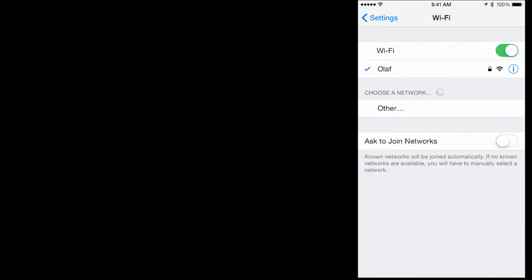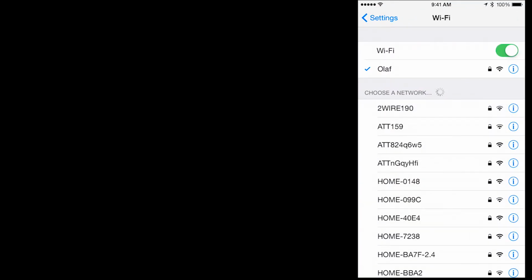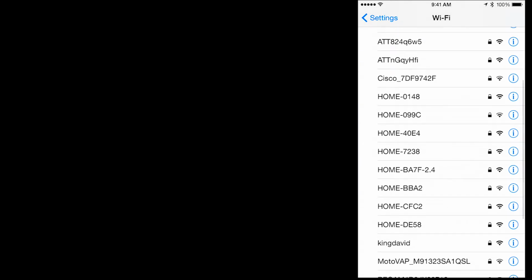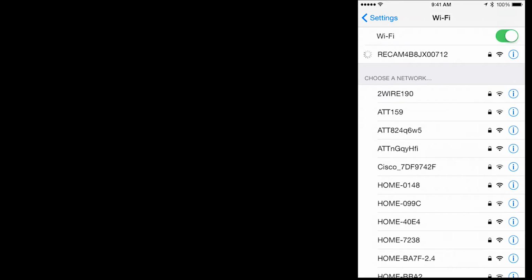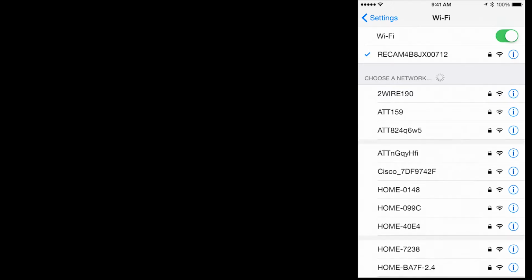So I'm going to go to settings here. As you can see, I'm connected to my home network right now, which is called Olaf. Okay, and then here is the Re down here. I'm going to go ahead and tap that, and it should connect because it saved the password that I created when I set up the device. So now I'm connected. So I can go back into the app,